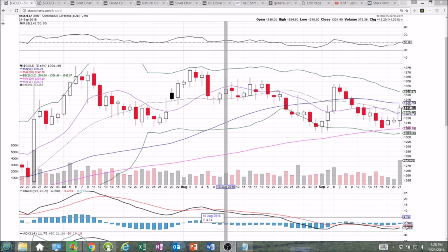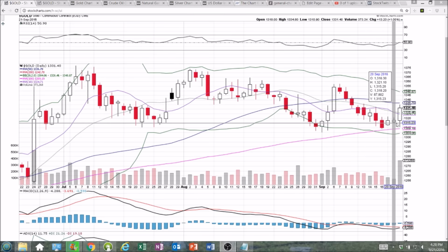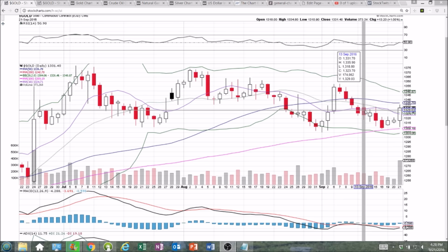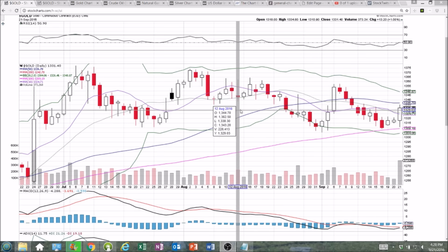Hello everyone, congrats to the bulls. Yesterday the Bank of Japan had the set, and today the Fed had the spike. Gold bulls, gold miner bulls, all in full control. So the daily time frame, bulls showed up the past couple of days. We started to form some higher lows. We broke the lower low pattern. We had seen lower lows 7 days in a row. We broke it, started the higher lows, and then a big time bull move in reaction to the Fed and